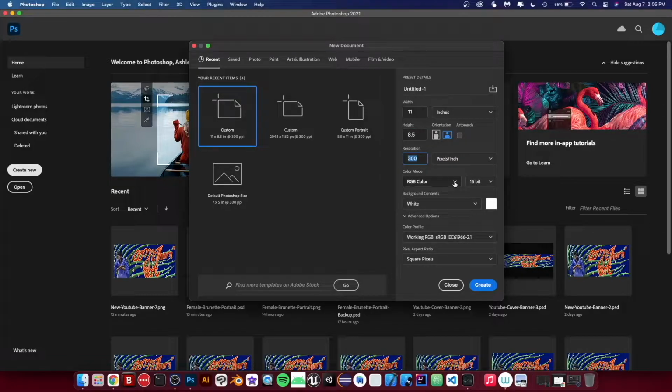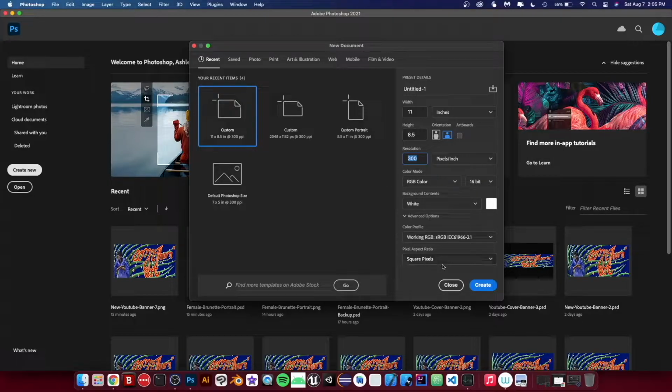Have the color mode set to RGB color if it's not already set, and have it set to 16-bit. We'll have the background color automatically set to white, and have the color profile set to RGB, which is probably going to be set automatically when we set the color mode, and have the pixel aspect ratio